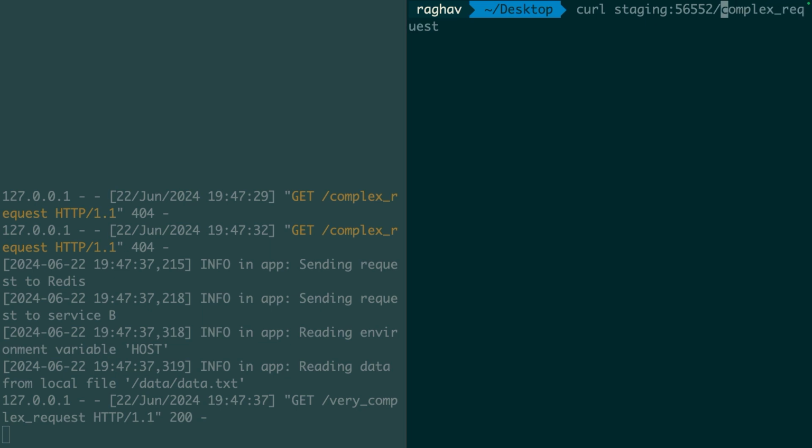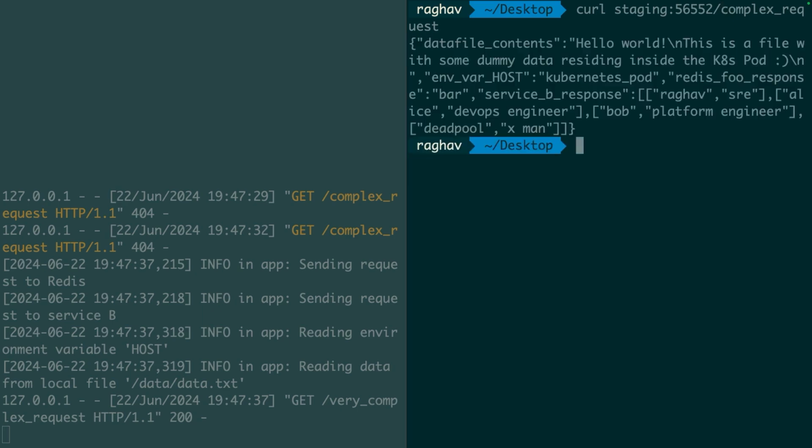And if I send a complex request, okay. So this time when I send a curl to my staging with the complex request API, it should give me a proper response because traffic stealing is not expected here right now because I'm not supplying any headers. Good, it works. Now, if I specify my header,